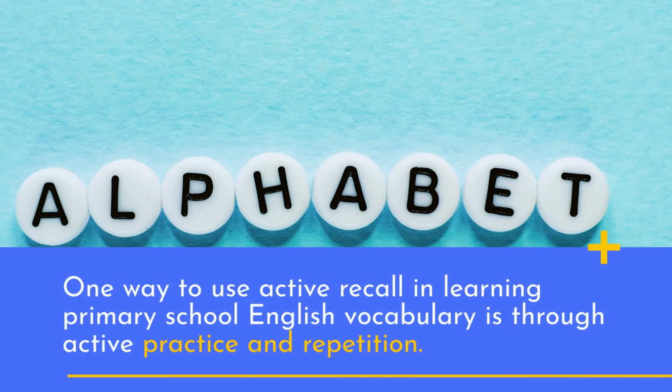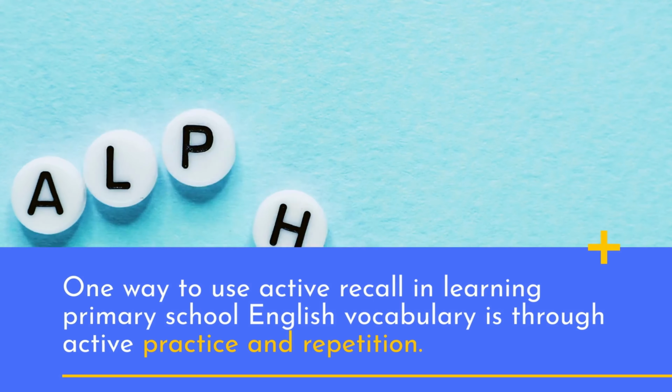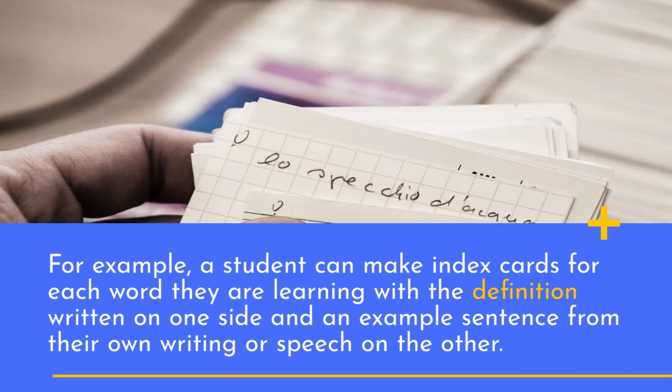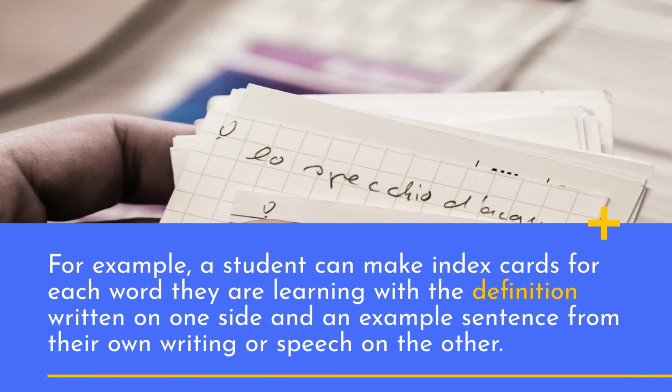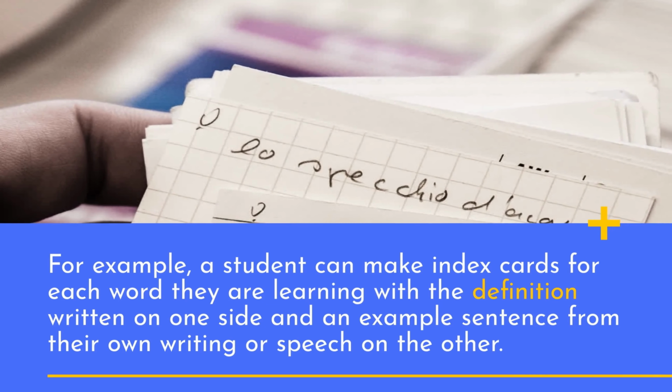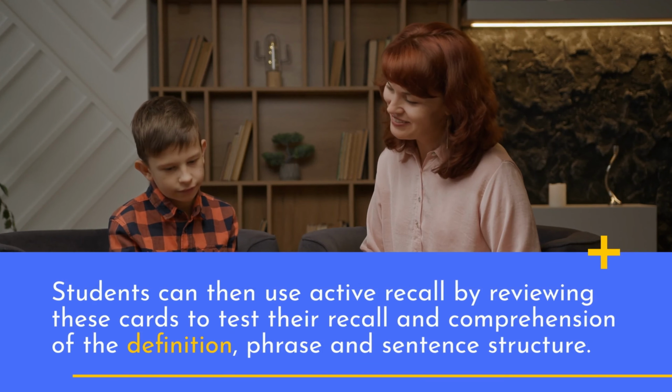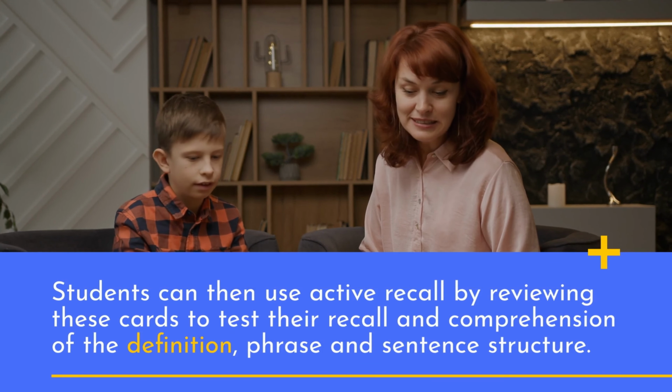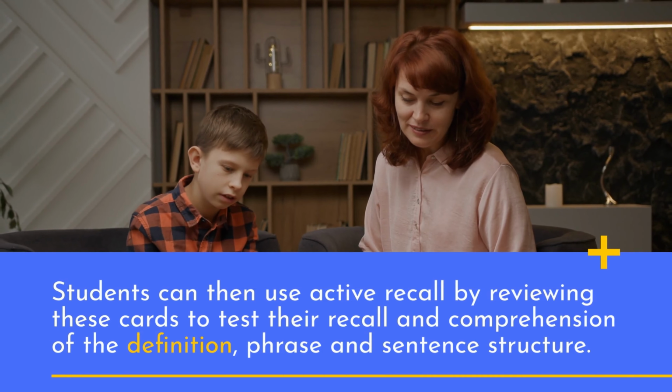One way to use active recall in learning vocabulary is through active practice and repetition. For example, a student can make index cards for each word they are learning, with a definition written on one side and an example sentence from their own writing or speech on the other. Students can then use active recall by reviewing these cards to test their recall and comprehension of the definition, phrase,